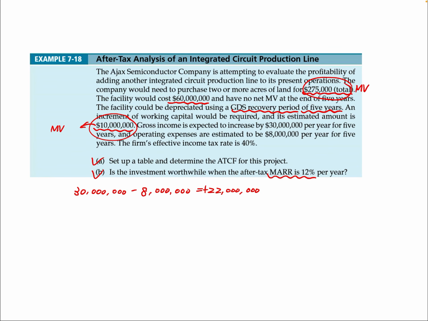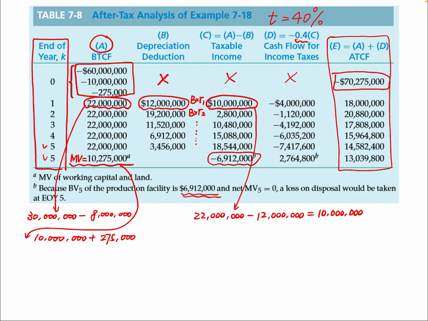For the after-tax cash flow problem, we are not going to include this problem in homework number 4 because we just learned it today. There's no time to add the question in homework number 4, but in the final exam we might have that